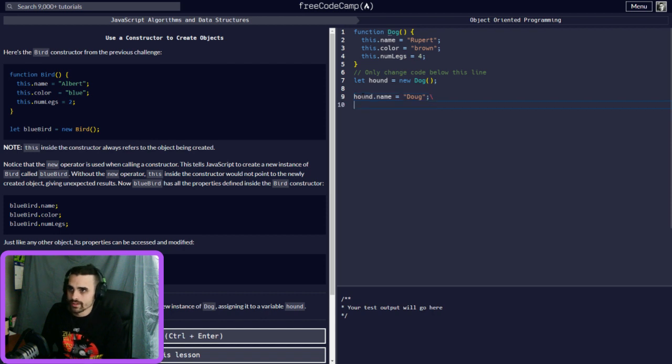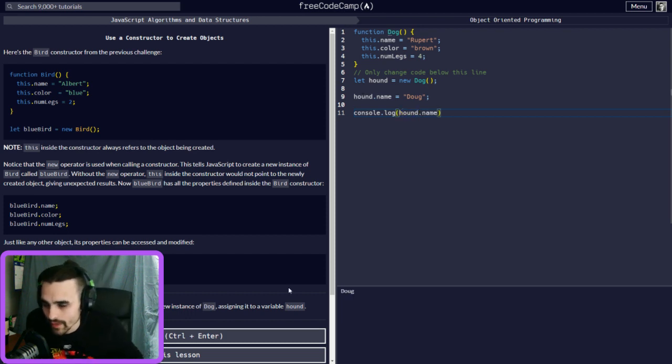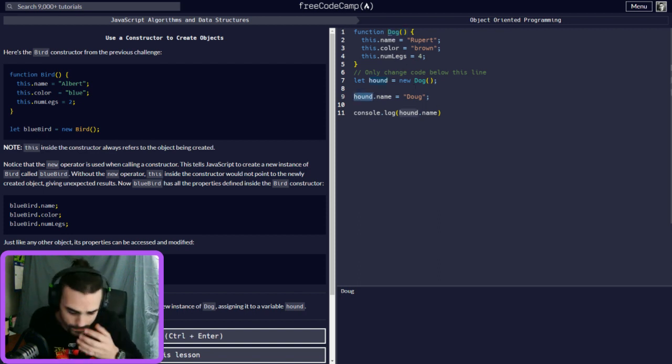Then we can do console.log hound.name, and now it's Doug. It actually changes everything inside here. So you can have this hound have all these default names and stuff, and you can just do it this way.